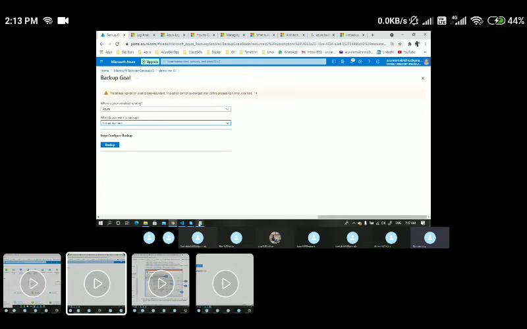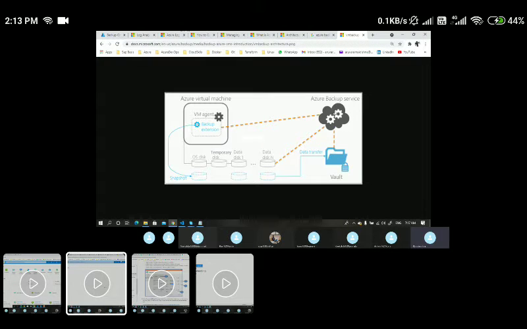If I go back here, this is the backup service that I'm currently using. If I want to take a backup of these Azure virtual machines, an extension will be installed on the VMs. I'm repeating again: whenever you add the VMs into this backup service, a backup VM agent, which we call a backup extension, will be installed inside the VM.